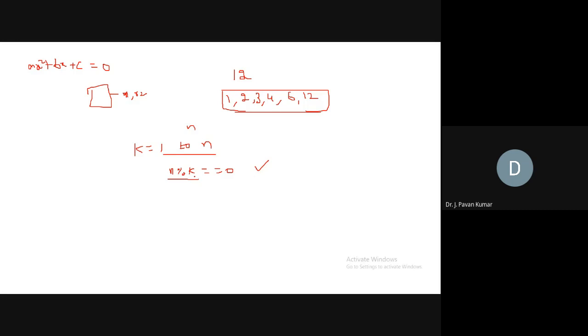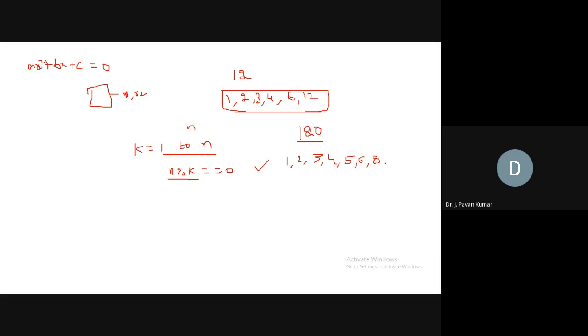Any doubts? No, sir. Okay. Now, if you consider 120 as the given number for the same problem, the input is 120. Then what will be the output? You please tell. 1, 2, 3, then 4, 5, 6, 7. Is 7 a factor of 120? Yes, please tell me. This is a simple one, right? 7 is not a factor of 120.